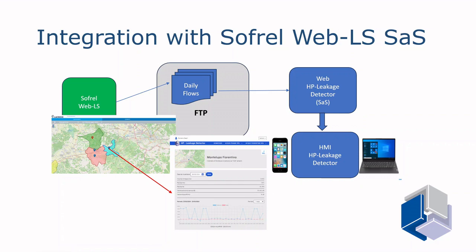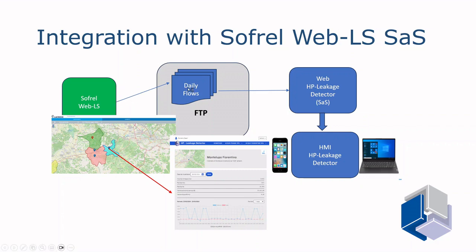Let us see now a particular implementation of this architecture. It is the implementation where the Sofrel WebLS is interconnected with the Web HP Leakage Detector. In this case, of course, WebLS is executing all its typical functions, which is getting data from the field, storing them in a historical database, configuring all the possible Sofrel data loggers which are handled by the WebLS, and